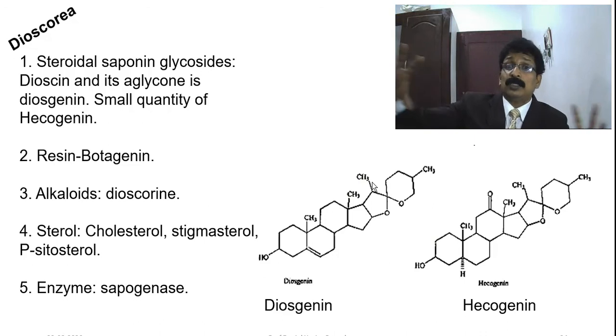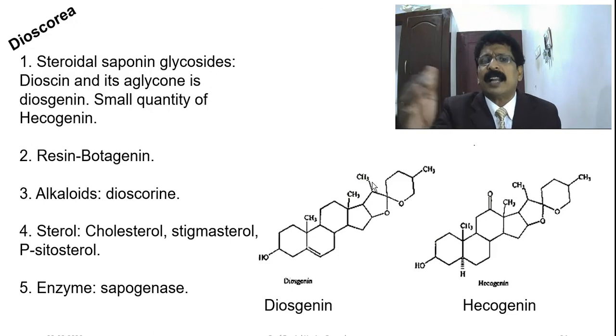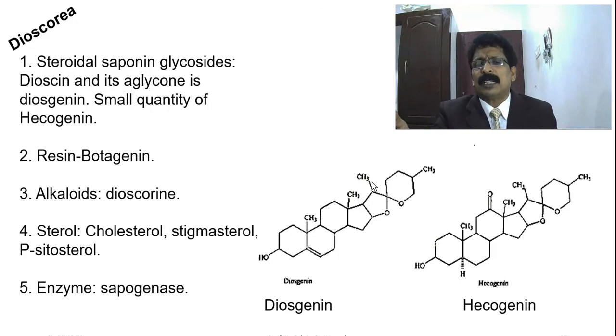Don't think that there is a lot of structure, very big. No, very easy. Once you write the phenanthrene derivative with an OH group, 2 methyl groups and a double bond, the only thing is you don't write the side chain of the cholesterol, and write a 5-membered lactone ring and a 6-membered lactone ring, CH3, finished, the chapter is over. If you put one double bond O in the phenanthrene ring structure, then it will become hecogenin, and without the double bond O it will become diosgenin.